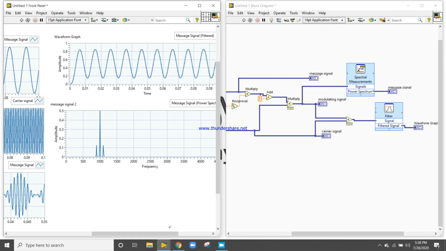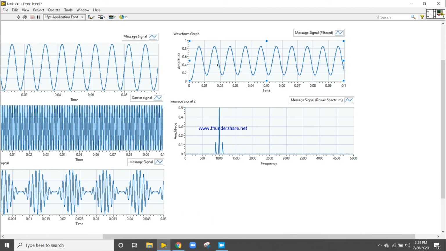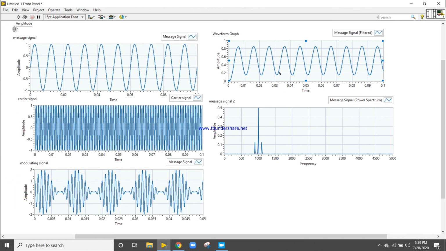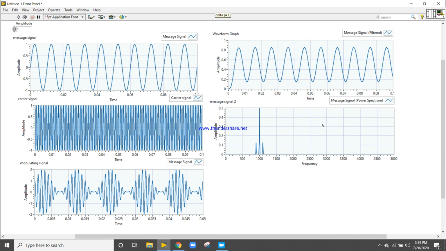So this one is my message signal, and this one is my, not a message, it is my demodulated signal. It is my message signal, it is the carrier signal, it is the modulating signal, and it is the final demodulated signal after the filter.